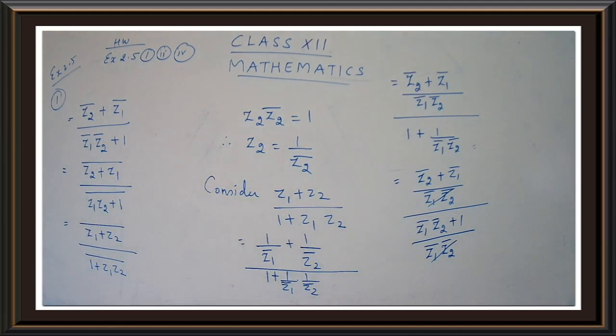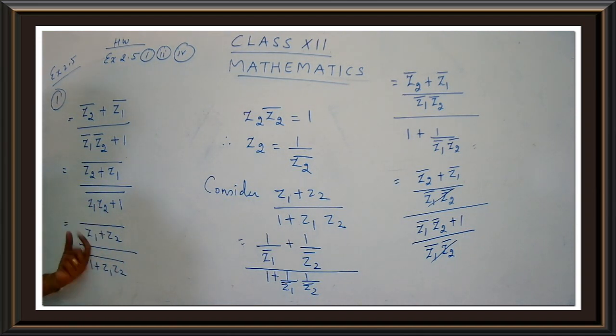Have you taken another step, children? I have just cancelled the denominator. Then we are giving a common conjugate for the numerator and the denominator. And then I am just arranging the terms. It was z2 plus z1, and so we are arranging the terms properly. Have you arranged it? Okay. Now don't get confused between the lines. This is a conjugate, this is a conjugate, and this is a line which shows the numerator and the denominator part, which differentiates the numerator and denominator.